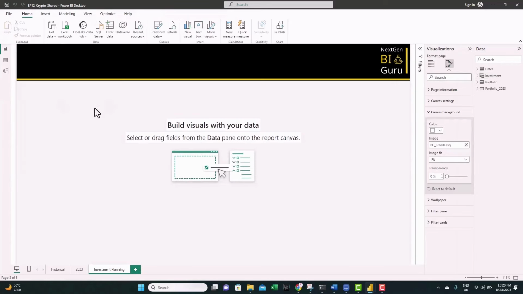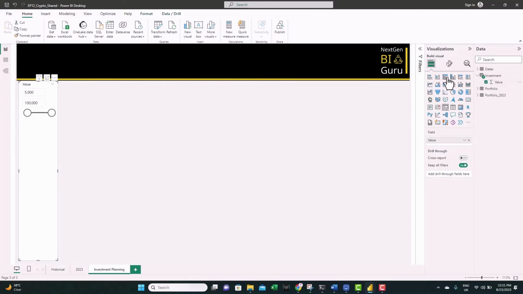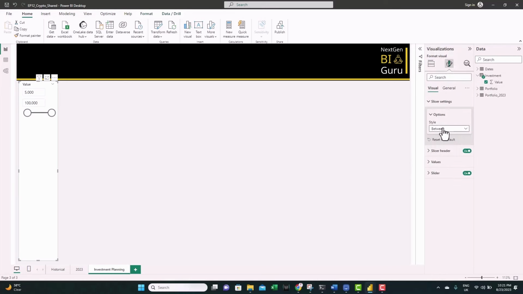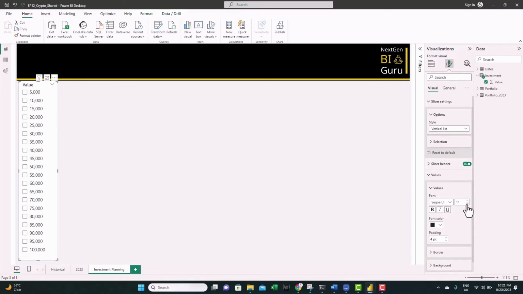And let's go back. Next we'll add a slicer and feed to it the investment amount. Let's just go to format your visual and select the style to be a vertical list. Let's just reduce the value size to fit inside. Remove the slicer header, and from general